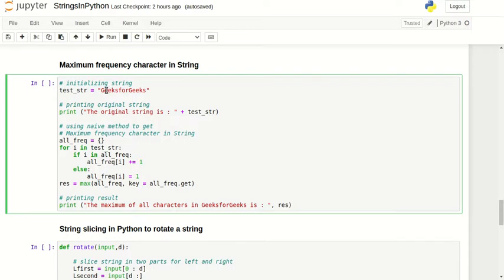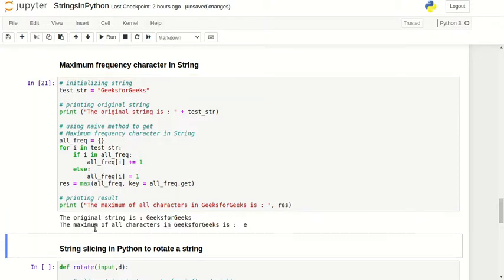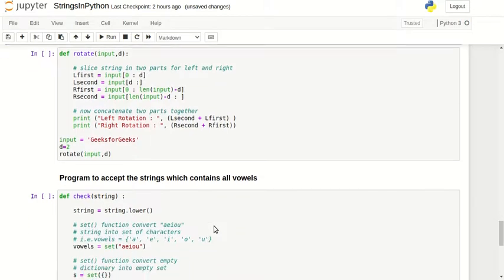Suppose we have E as the highest in our string, so this will take that as the key, and all_frequency will have values like E has 4, G is 2, F is only once, because it is a dictionary. Then res will print the maximum, and over here we will get only E. So the maximum frequency character in GeeksforGeeks is E.